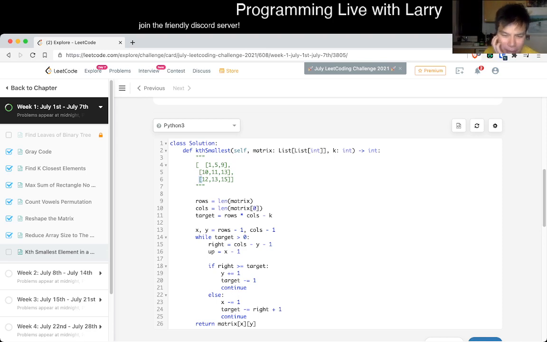Is there a linear time one? I feel like there's a linear time one, but okay. So let's say we're at the 12th. And we, how do we decide to go up or right? I did this thing, but it's clearly wrong. We go to the right if